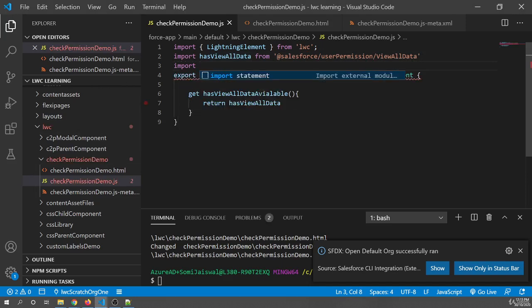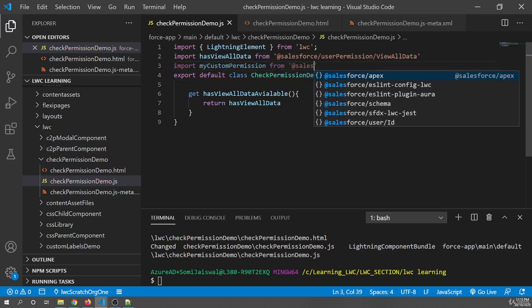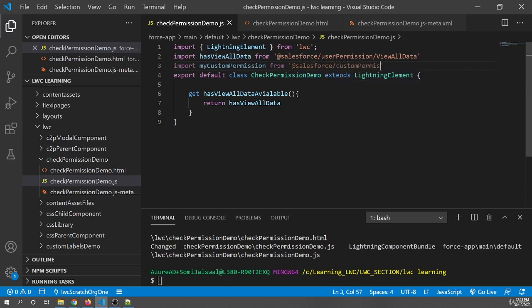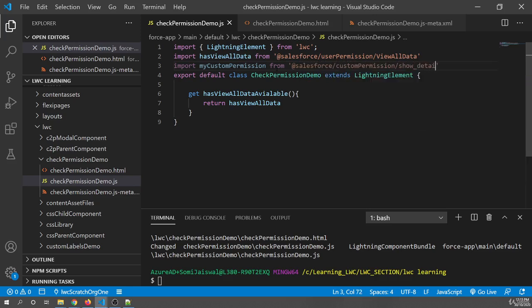So we'll say show details. This name can be anything because right now we are creating the alias. So I can say my permission, my custom permission, or I can write my custom permission, and from @salesforce slash, this time it's the custom permission scope module, and our name there is show underscore details. So this is our custom permission name. Here again we're going to create the getter. I'll say has custom permission